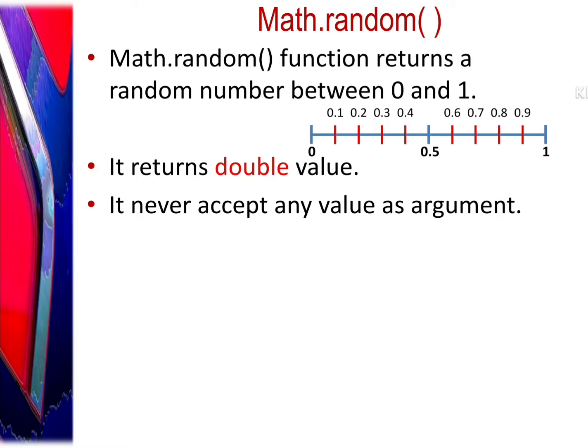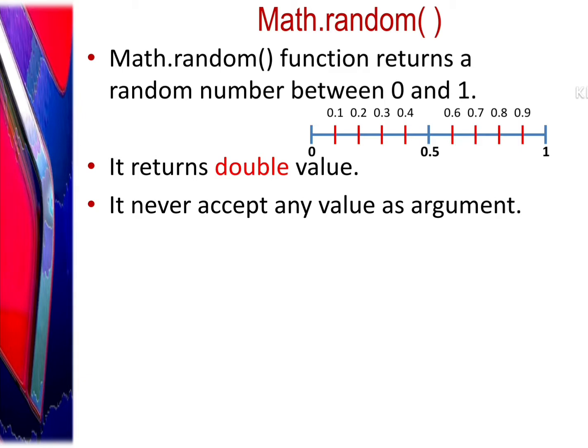You all know the number line. If you know, then you can understand. See, I had already created a number line for you all so that you can identify what I am talking about. Between 0 and 1 we are having decimal numbers. See, 0.1, 0.2, 0.3, 0.4, 5, 6, 7, everywhere we are having decimals, which means double value.